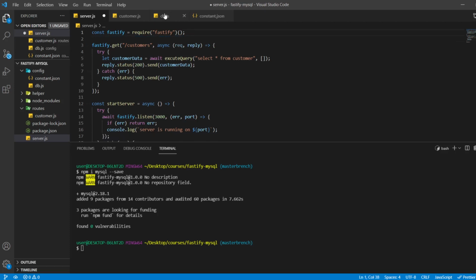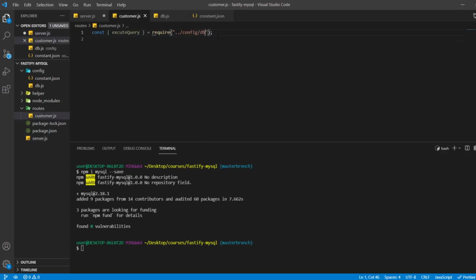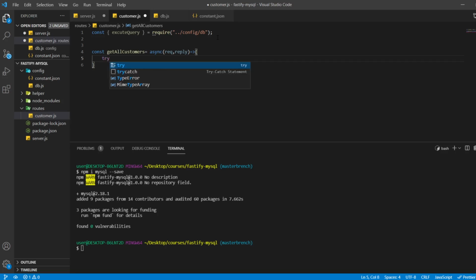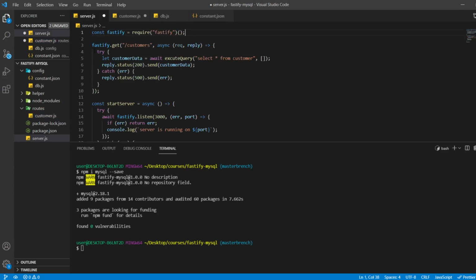And then we are going to make a function here, getAllCustomers, and this function will be an async function, taking request and reply, and it will be an arrow function. And then here we can copy and paste our code from here.